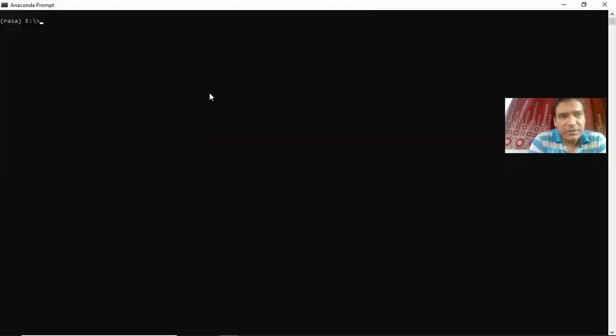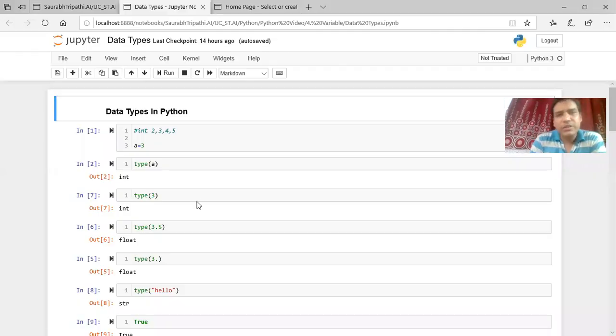All the installation has been done, and I will simply activate my environment. Now the py environment is activated, and I simply launch Jupyter Notebook. It will take at least a few seconds. Now, as you can see, by creating a new environment and installing Jupyter Notebook again, I'm able to run the notebook again, and I'm not having a dead kernel issue right now. So creating a new environment is a very good thing.